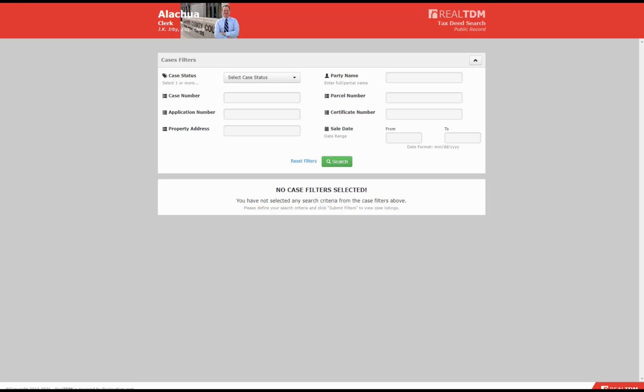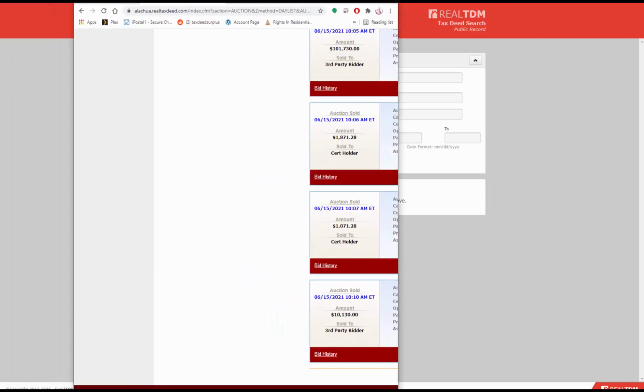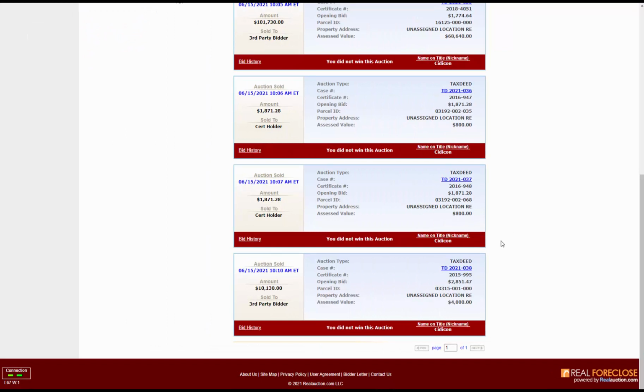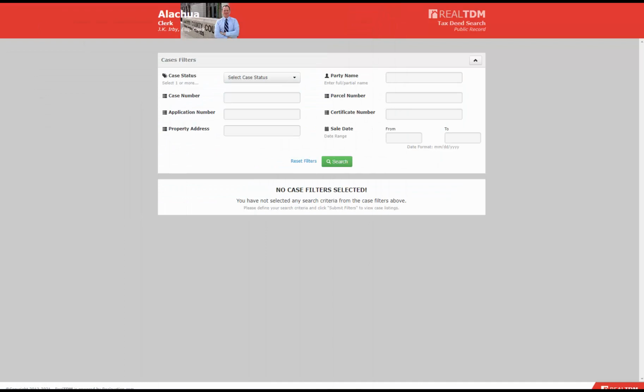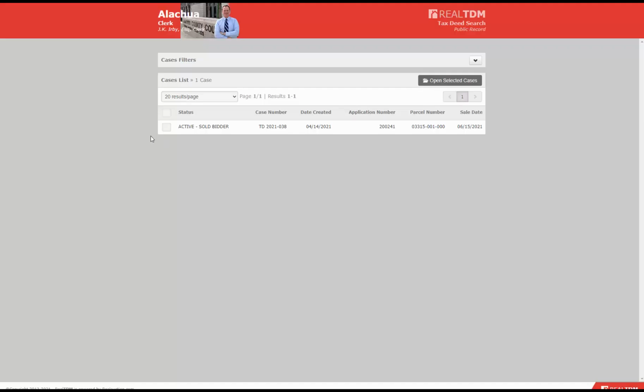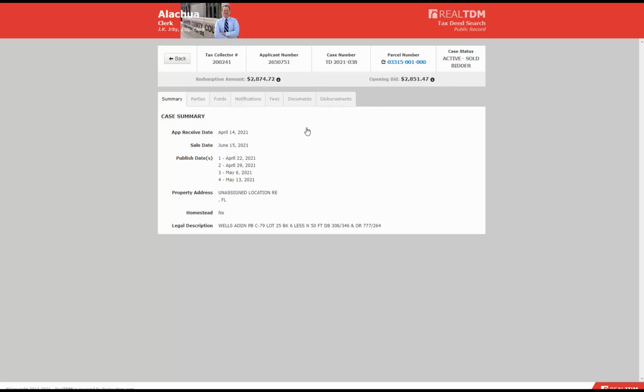And if you look on the auction website for Alachua, the case number is right here, which we also call the tax deed number. All the counties go by the tax deed number and use that as their case number. So I'm just going to paste that in, search. Here's the one it found, so you click on it, go to the Documents tab,